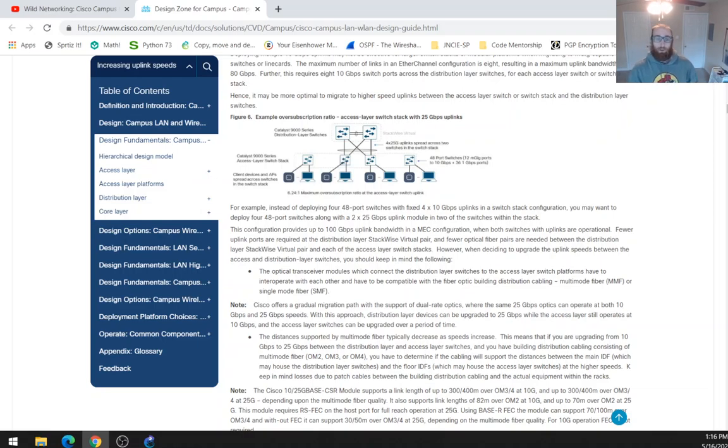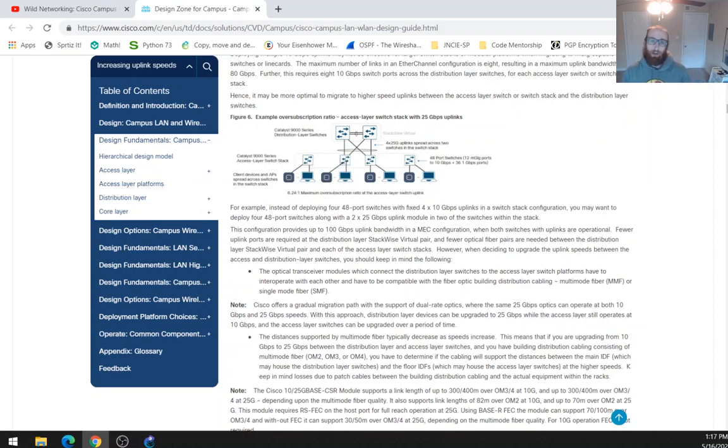So you want that ratio to be greater than 1. You actually want your access layer to allow more traffic in than your